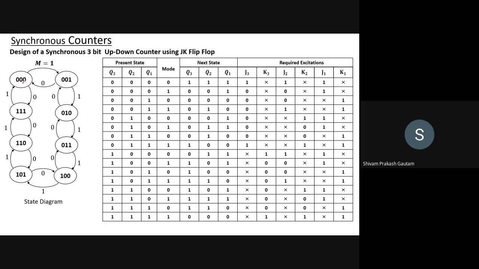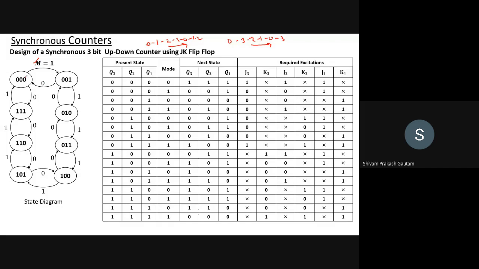So you can see since this is both up counter and down counter, up counter we have already seen. That means a counter which goes from 0, 1, 2, 3 to again 0, 1, 2, 3 like this. And down counter means 0, then 3, then 2, then 1, then 0, then again 3 like this, right? But here we have to design both the counters using the same flip flops, right? Additionally, there is one more variable that is represented by m, right?